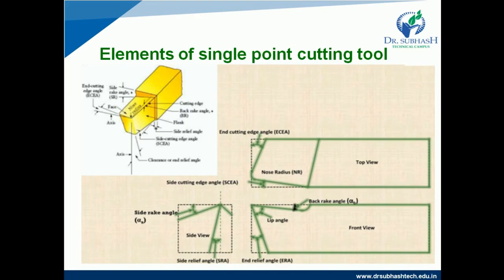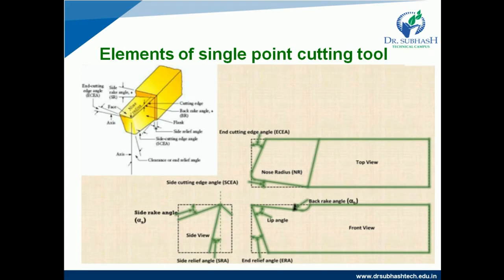What is the shank? First of all, tell me. This is the main body of the tool. The shank is used to hold the tool. What is the flank? The surface below and adjacent to the cutting edge is called the flank of the tool. Then the face of the tool: the surface on which the chips slide is called the face of the tool. Heel is the intersection of the flank and the base of the tool, or we can say it covers the bottom portion of the tool.